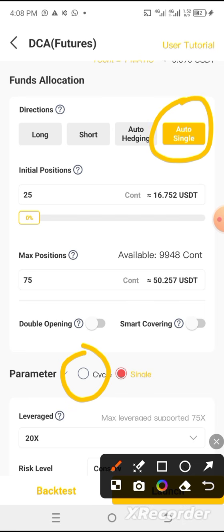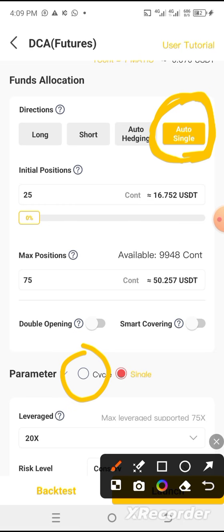Auto single means when it sells, the system will now take its time to see when to buy another one. We check the market and confirm if there is no problem in the market before it buys. So it only buys when it feels the market is safe. It might buy 2 times a day, it might buy 3 times a day, depending. So, after it sells, it takes about 6 to 12 hours to buy another one, depending on what is in